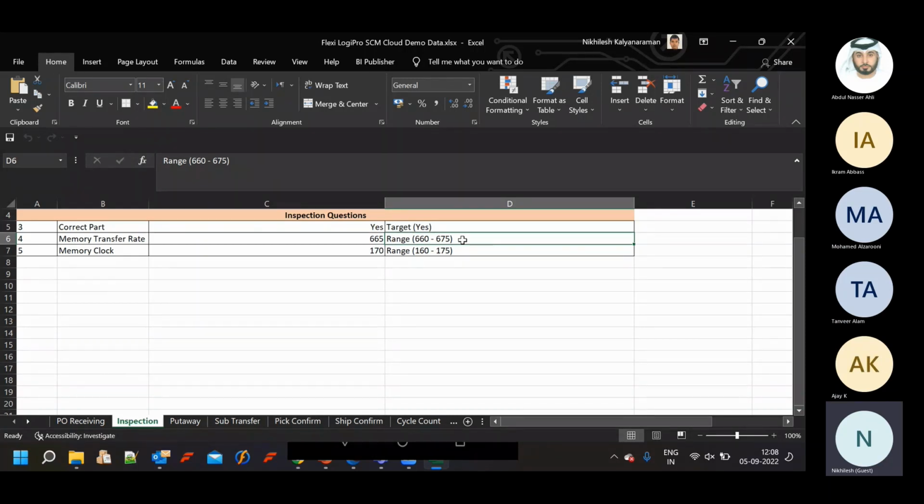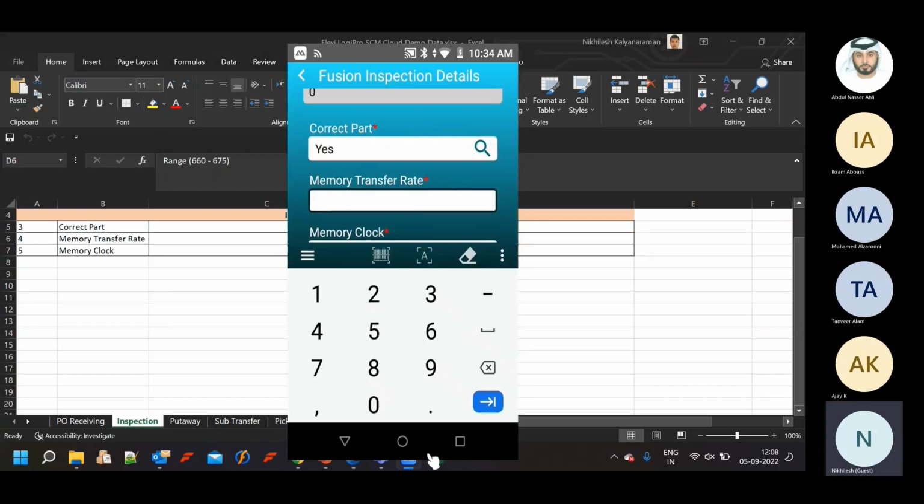It's similar to when you do cycle counting. Normally it's not suggested to show the system quantity. It should be blind, so when you actually count, no one knows what is in the system, because then there is a chance of trying to match it. Right. So if you want the actual or target values to be shown, we can show them. But again, it will come down to how you want to have the restrictions. For example, for this memory transfer rate, the range is between 660 and 675, right? So I could enter, say,